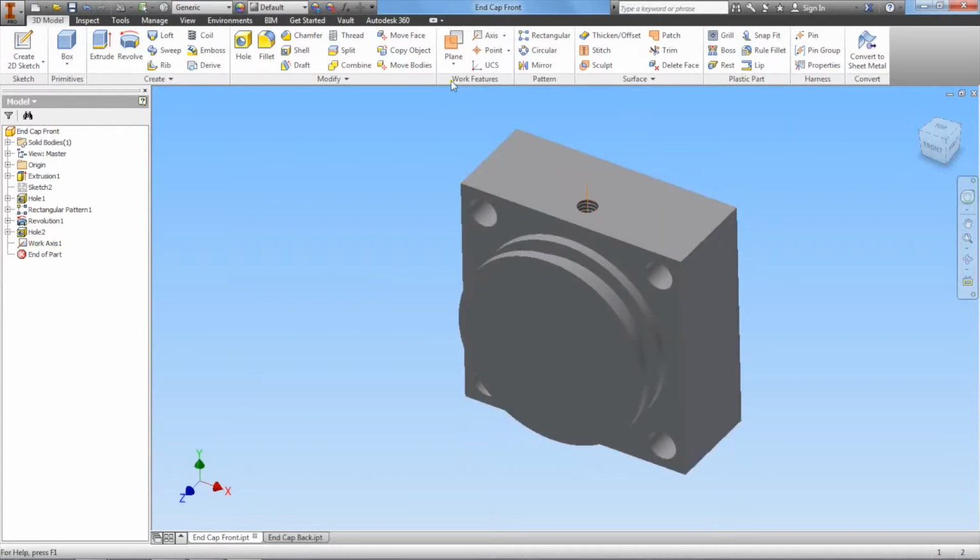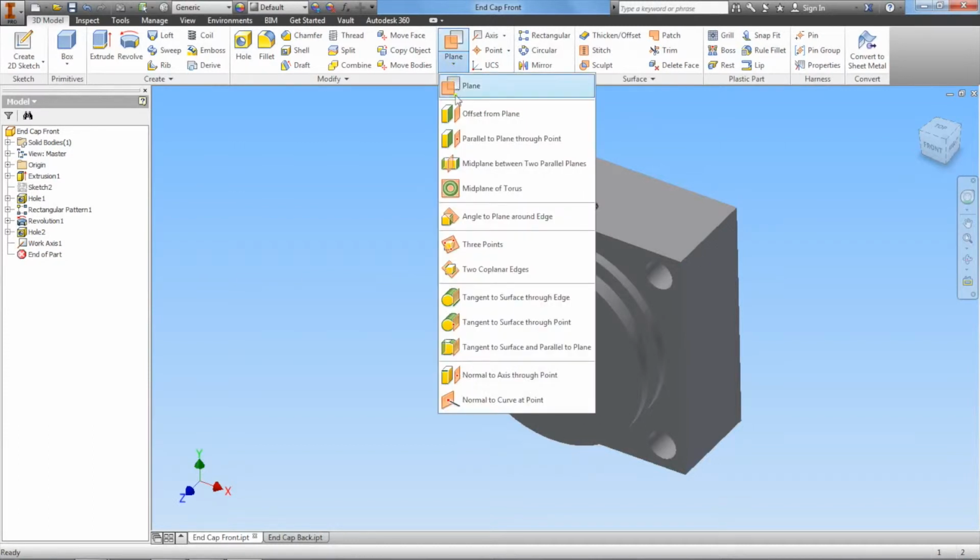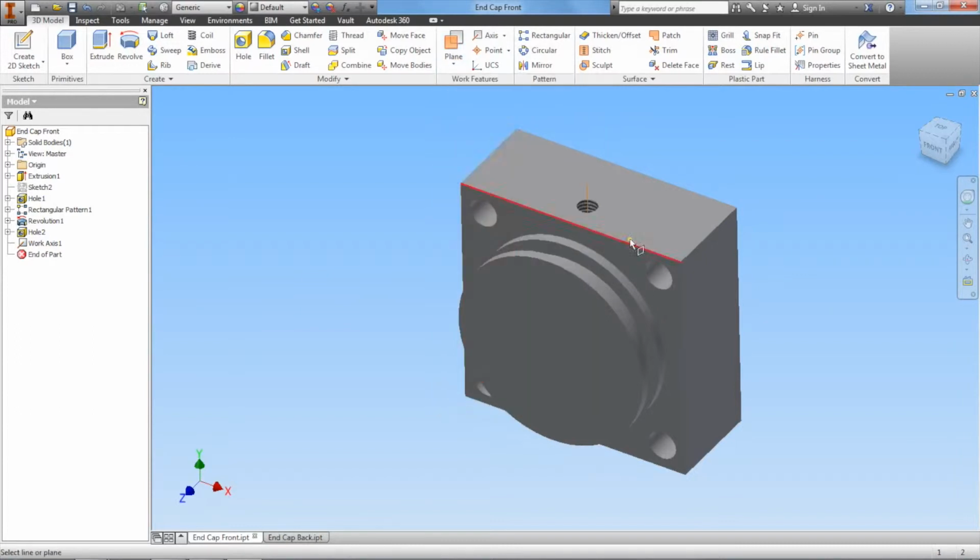Now we want to go to plane, and we want to go down to angle to plane around edge. Okay? And you can see that we can select a face of our part. We'll select the front face, and then we can select the edge that we can angle that plane around. So we're going to select this work axis that we just created a second ago. Okay, and so now you can see that I have a plane that I can create,